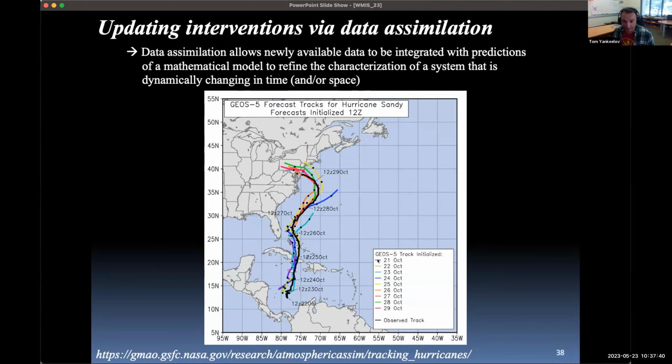And so the initial ones here, the purple one and the lime green one right here, or the teal one's easy to see. It kind of goes off out into the Atlantic right here, indicating it may not be as huge a problem. But as more data became available, then these predictions got more and more refined until, within 4 or 5 days here, you're making pretty accurate predictions that it was going to change course and go right into the Northeast corridor right there. And so the data is being assimilated at each time point, at each prediction time point.